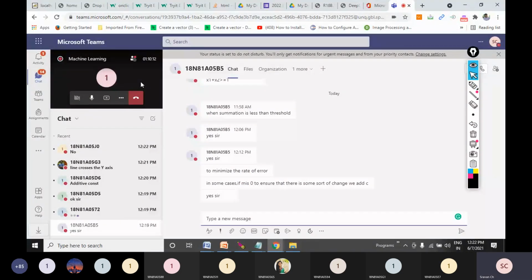If my program says additive constant, all these words are coming from the internet. But what is the purpose of asking this question, my dear friends? If you are attending an interview, you people will give all these answers like c means intercept, c means additive constant. But the interviewer is also aware of these words. He doesn't want all these things. What the interviewer will try to extract is whether you understood the meaning of that c, whether you understood the concept behind that additive constant or not.